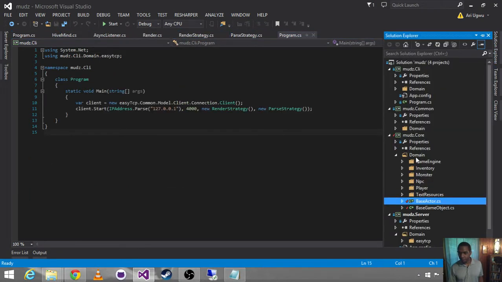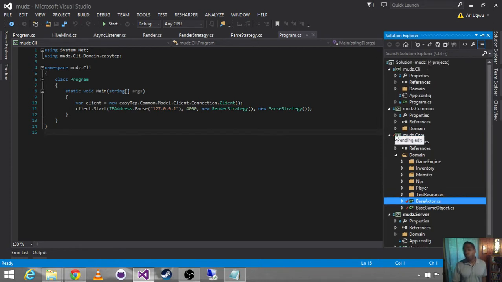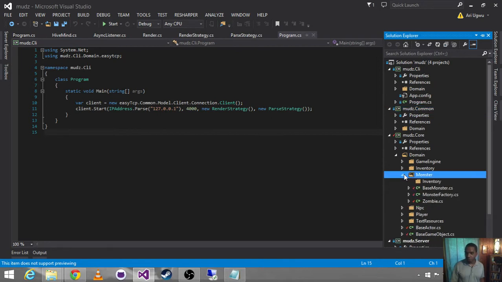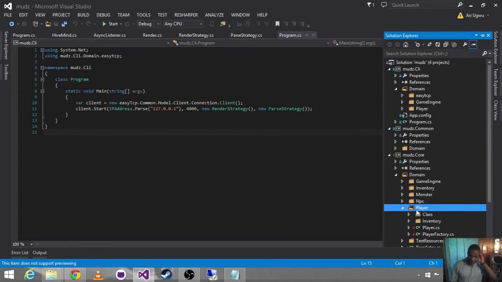This is really helpful if you've got multiple people on your team and one person's responsible for the common project, somebody else responsible for the core project, and so on. So if I'm doing everything instead of monster, that's the greatest example. Yeah, I'm doing everything instead of player. I'm doing all these things. I come over to you and I say, hey, guy or gal who's working on the client,